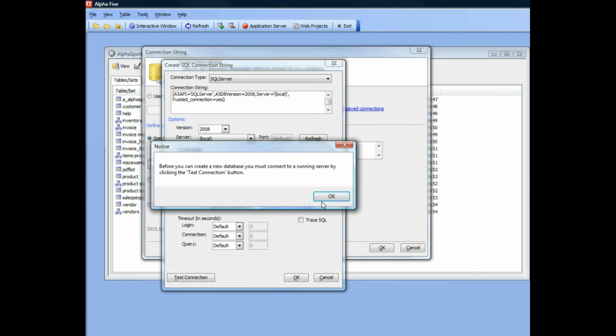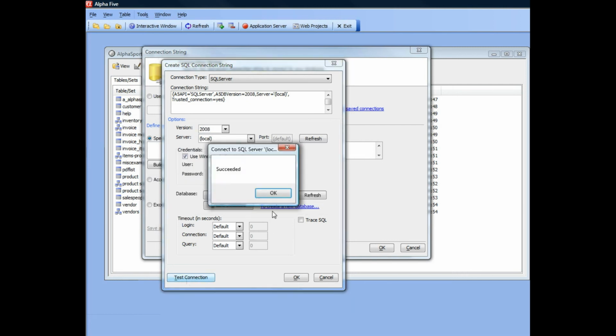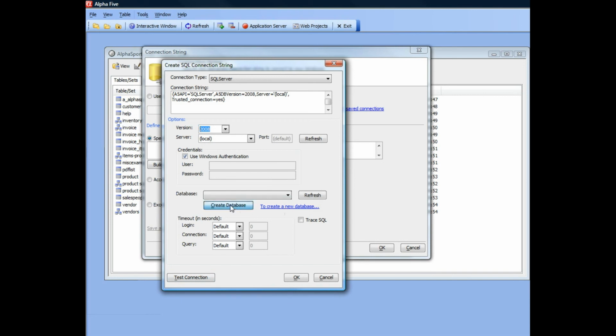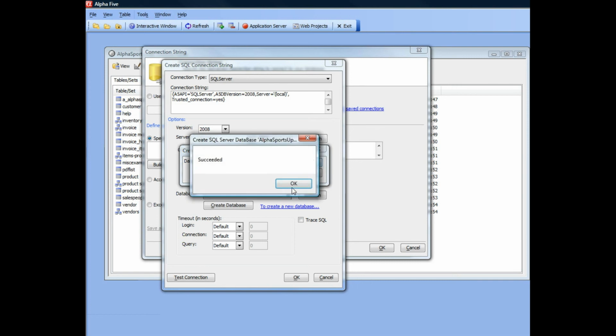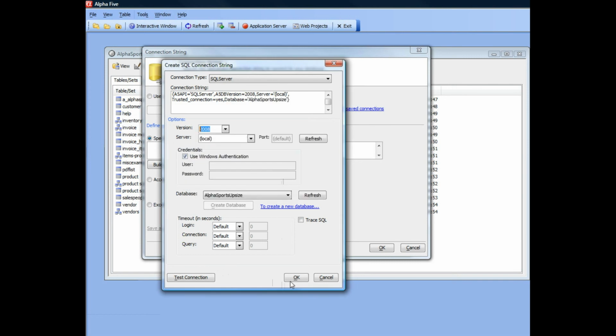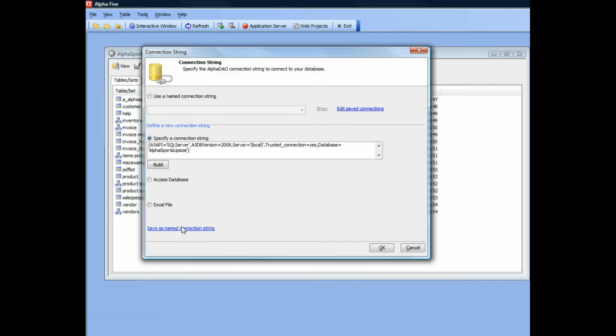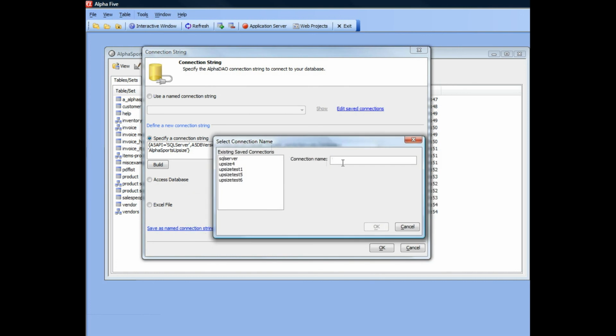So we'll create a new database, test the connection, and create our new database, and we'll call it Alpha Sports Upsize. So that succeeded, and then we'll just close that down. Let's save this now as a named connection, and we'll just call it SQL Server